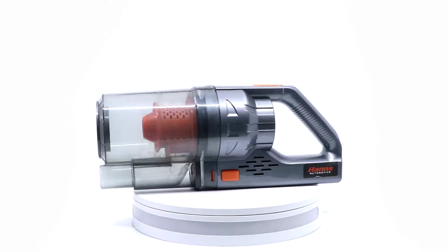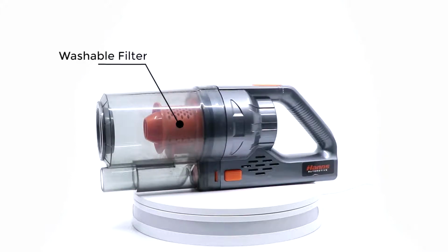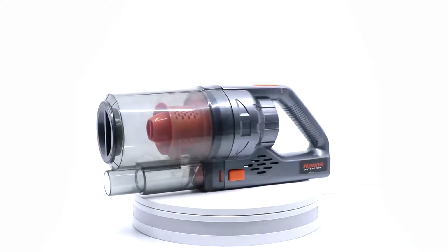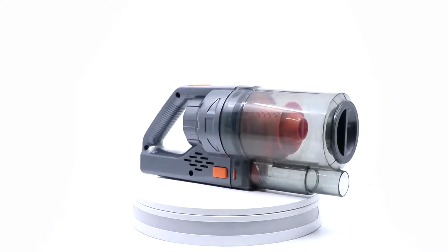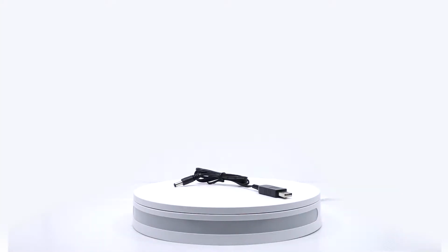The vacuum cleaner features a strong suction power, a washable filter, a dust container button, a dust container, air outlet, power switch, cable, a plug,